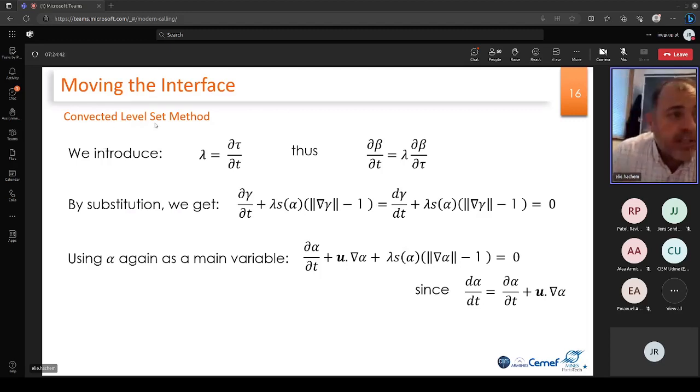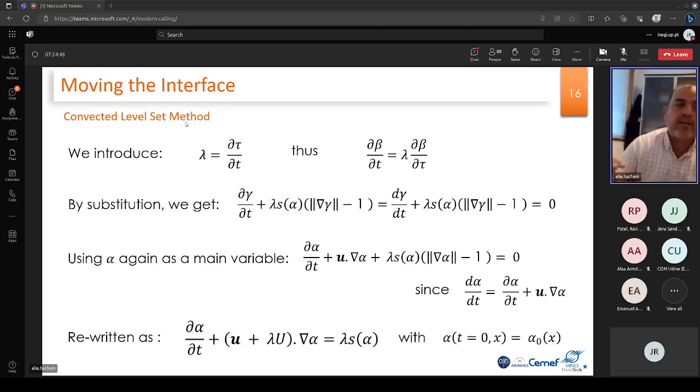It's very interesting, called the convective level set method, but you can use any other approach. Just remember that this transport equation, if it's a level set, should have some properties, and this is a way to deal with these properties. Okay, there are different ways, but you change the transport equation into a transport equation with another convective velocity that will propagate the ISO value and respect a certain condition, which is that the gradient of alpha equals 1. Okay, if everybody is convinced,